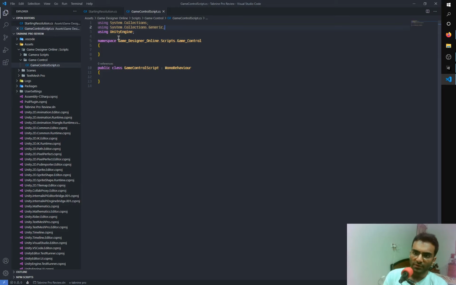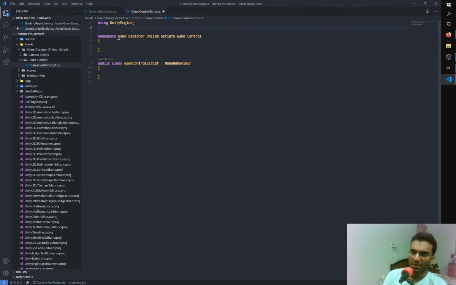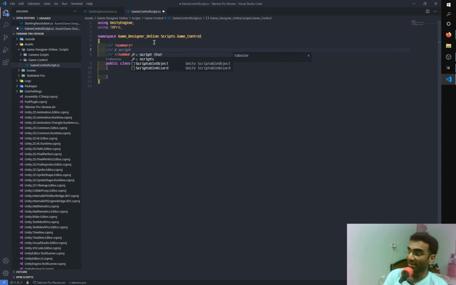Another feature of Tabnine which I can show you is that it sometimes helps in predicting the directive or the thing that I want to use. It sometimes predicts all the libraries, assemblies that I want to load. So over here I'll write a script, and you can see that